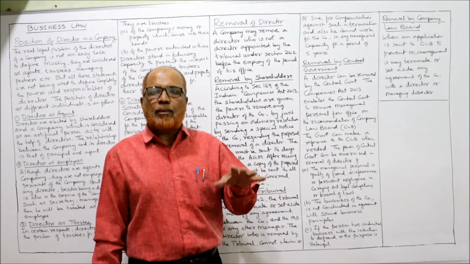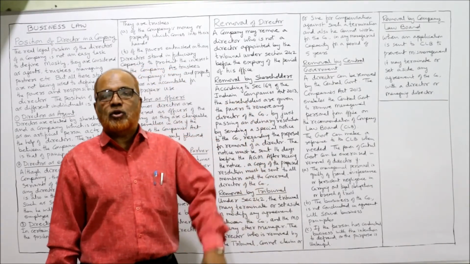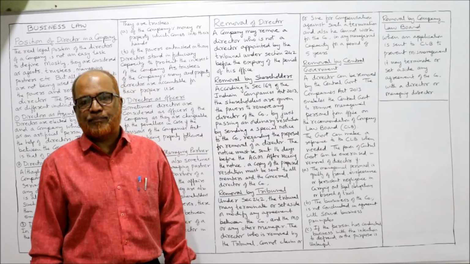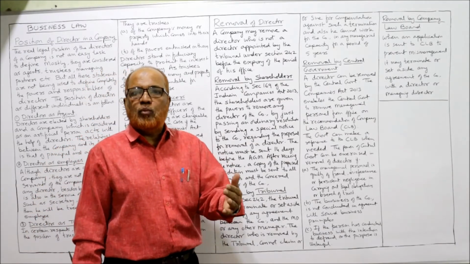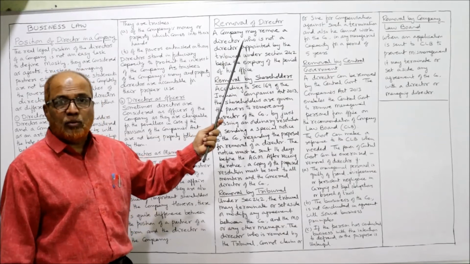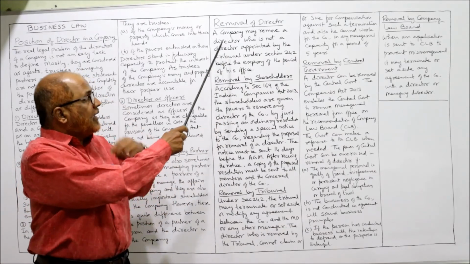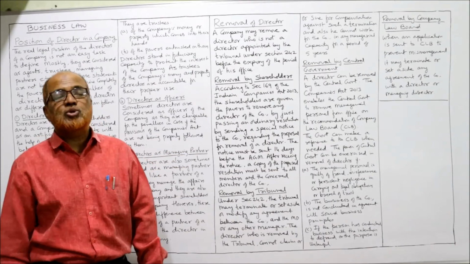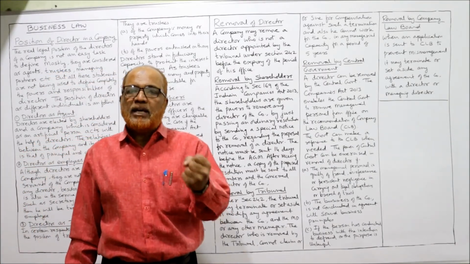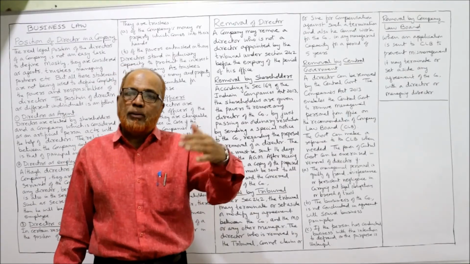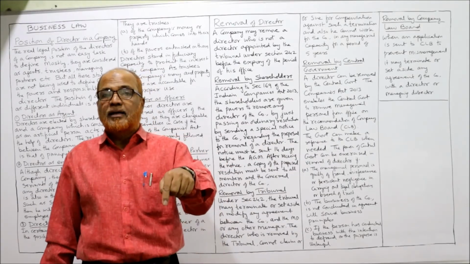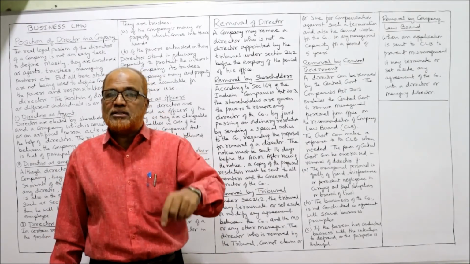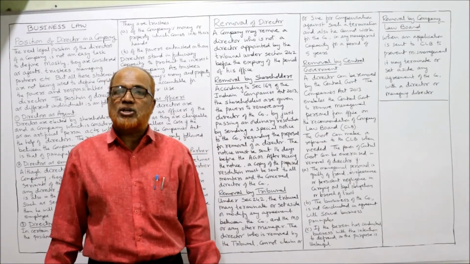Now in this video I am completing by taking up the topic of removal of a director. How can a director be removed? That I am going to explain now. Removal of director. A company may remove a director who is not a director appointed by the tribunal under section 242. That means the company has the power to remove a director provided that director is not appointed by the tribunal under section